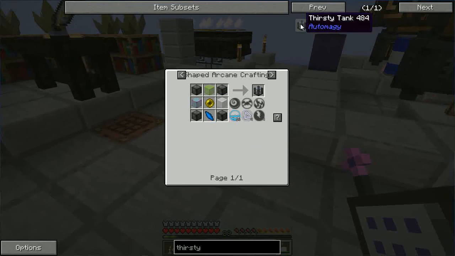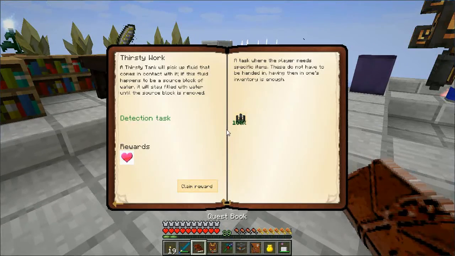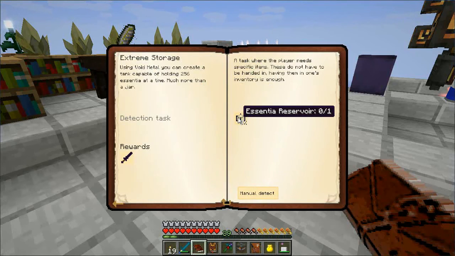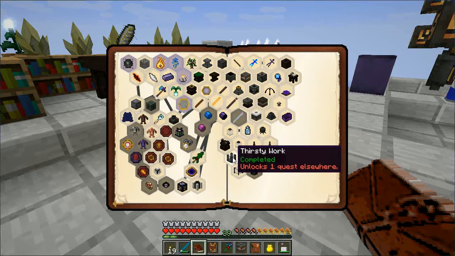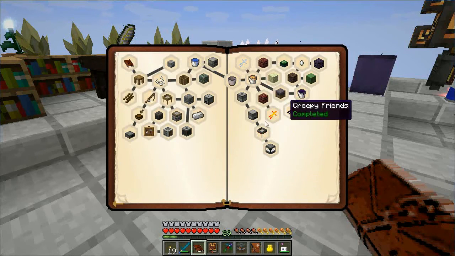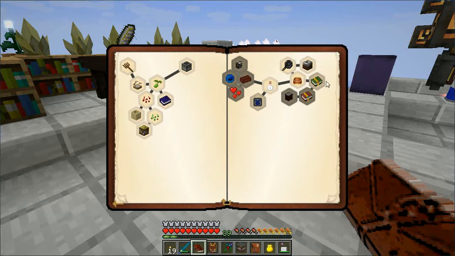But the thirsty tank, like I said, I don't have much use for it right now, but I'll get the reward. And what's interesting is it said that it unlocked one other item, one quest elsewhere. So I'm not sure where that quest is. I'm really hoping eventually it's going to open up one of these other trees. You have a couple,